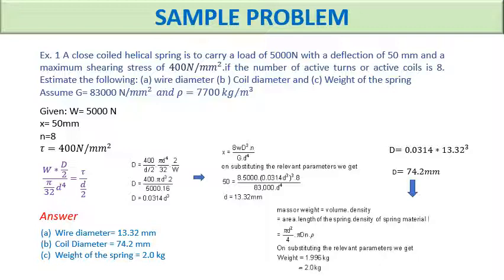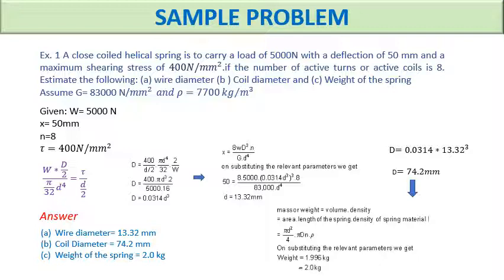straightforward question. The first thing you need to do is write down the given data. The axial load is 5000 Newton, and the deflection due to this axial load is 50 mm. The number of active turns is 8, and the allowable maximum shear stress is 400